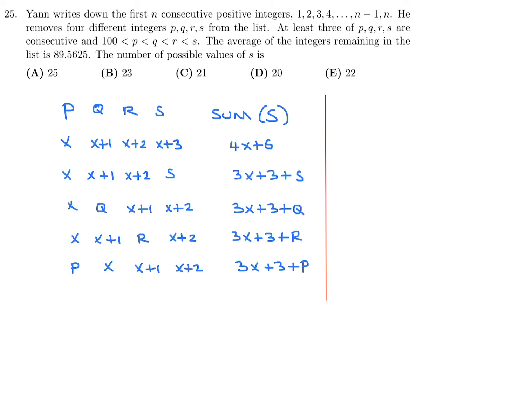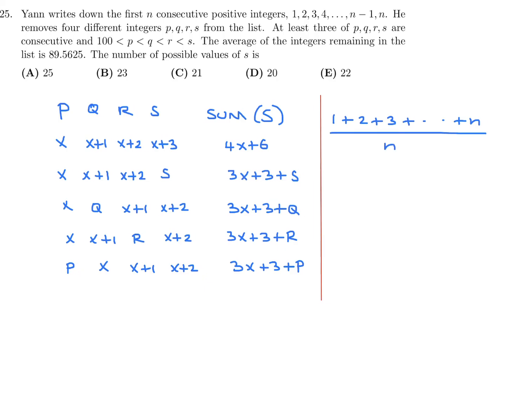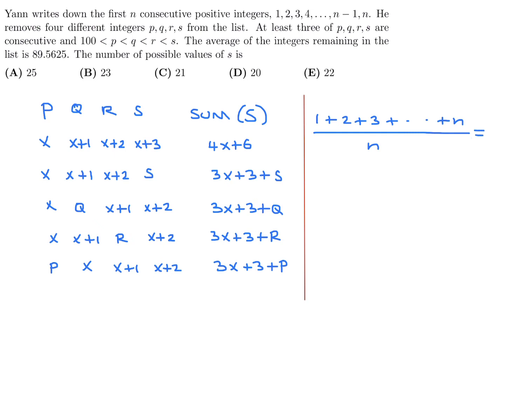I just take the full average of all the numbers, and let's just say it's sufficiently close to that. Therefore, I can get an approximate value of what n could be, a ballpark estimate. Okay, so let's do that. I've got to first add up all my numbers all the way till n, and then to get the average, I have to divide by n, and I'm saying that that is approximately equal to